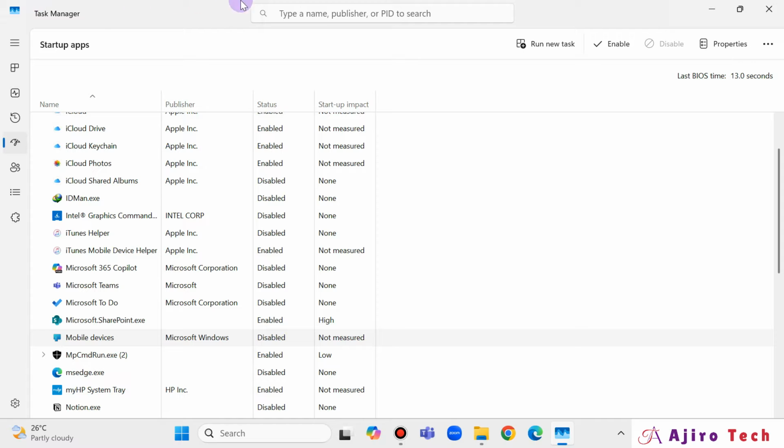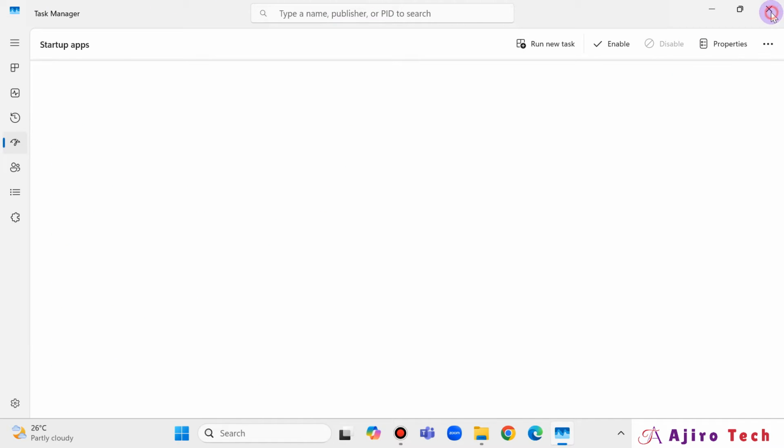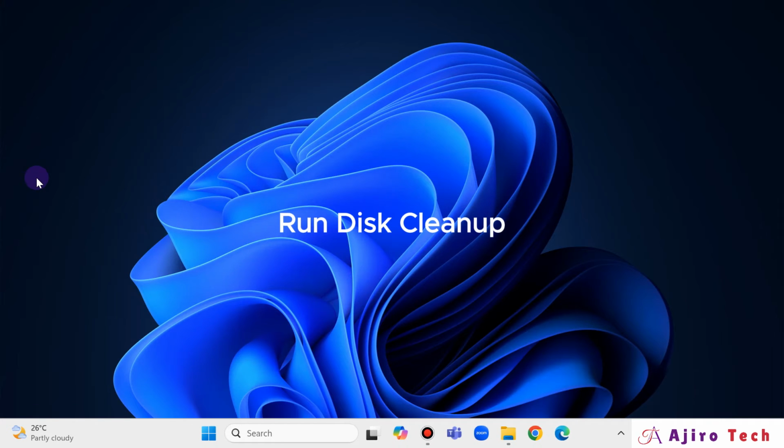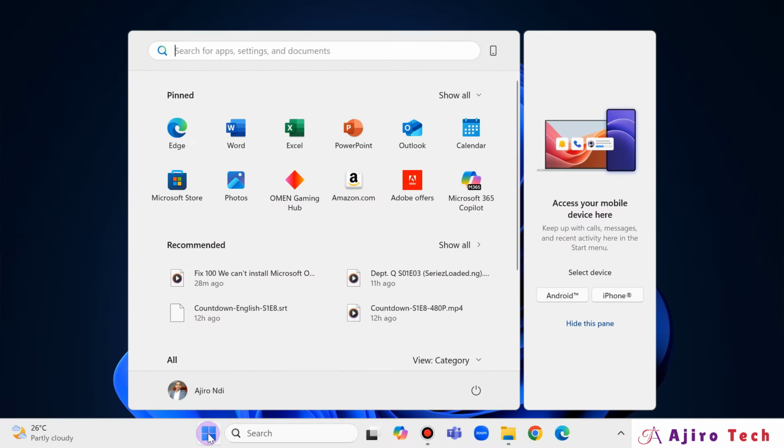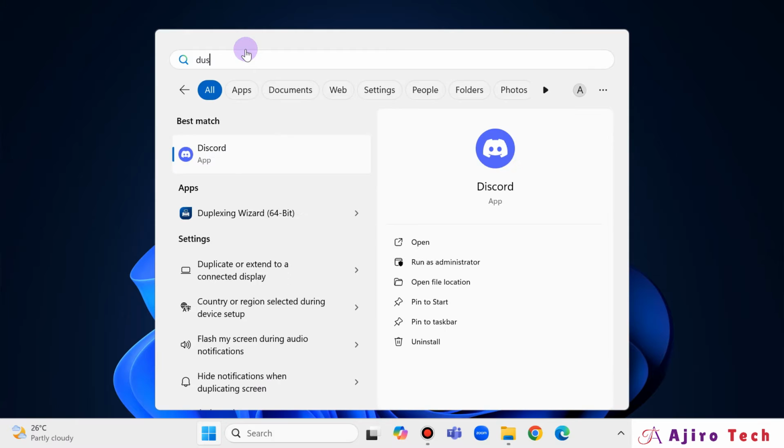The next one is to run a disk cleanup. It's important to free up space with disk cleanup. It removes temporary files and system junk. So how are you going to do this? You can search for it, disk cleanup,